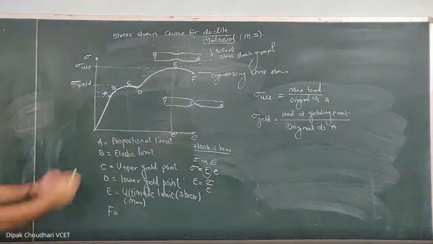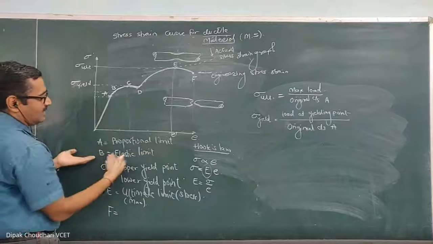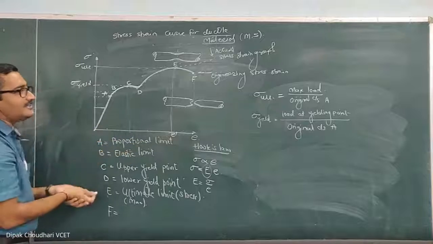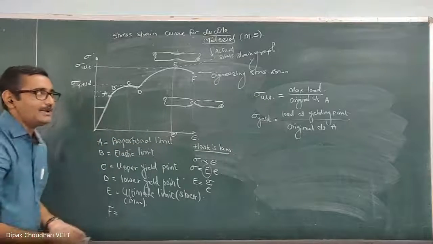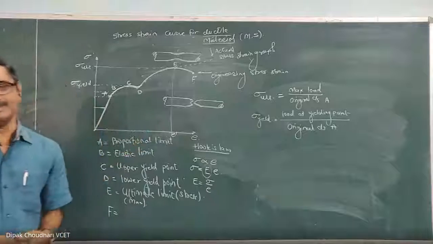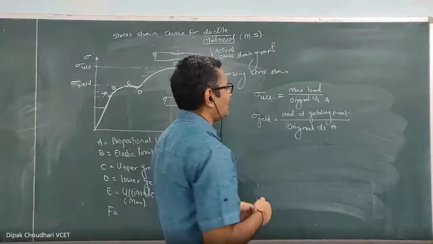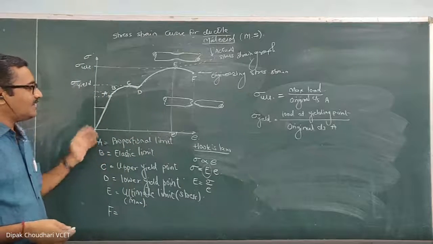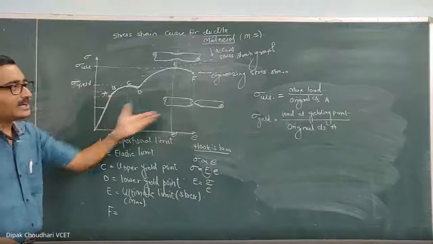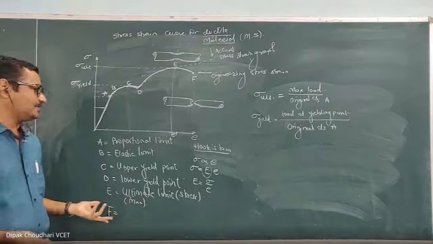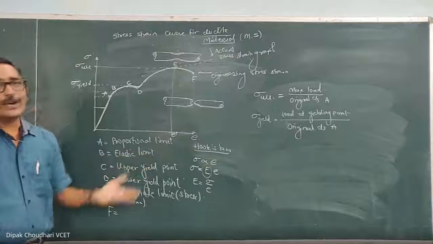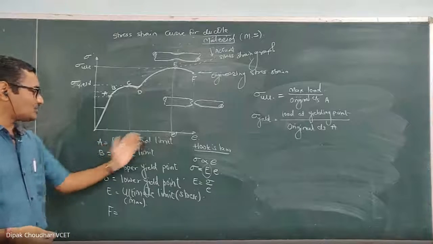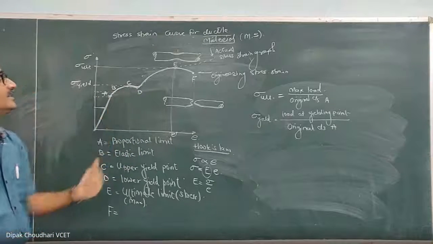Okay, and then if you want to calculate the stress within proportional limit or elastic limit, it is the corresponding load upon the corresponding area. The area is the same here, but the load at that particular point divided by the original area gives you the stress at that point. Okay, these two are important, ultimate stress and yield stress. Then the stress at the proportional limit is equal to the load at the proportional limit upon the original cross-sectional area. What is the elastic limit? Load at the elastic limit divided by original cross-sectional area. In this way, we can calculate the proportional limit, elastic limit, yield stress and the ultimate stress.